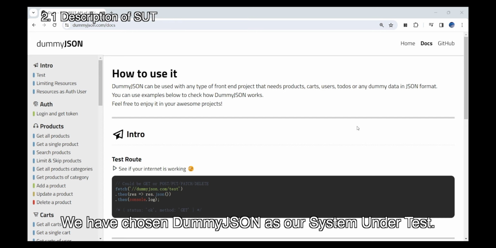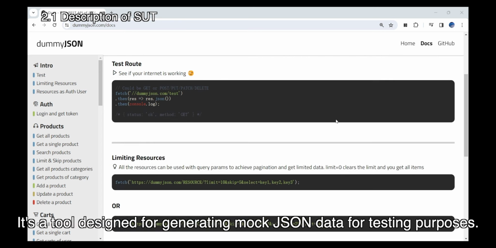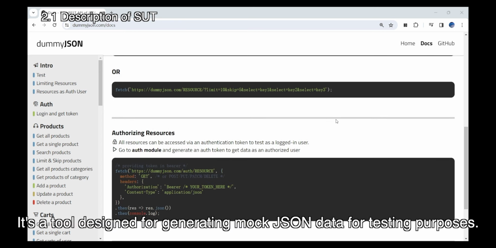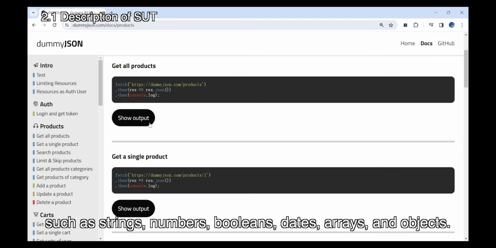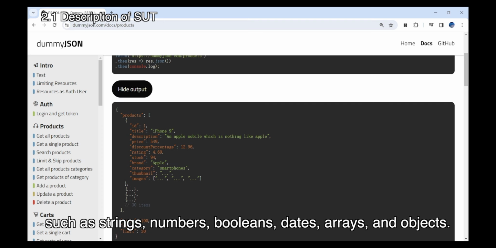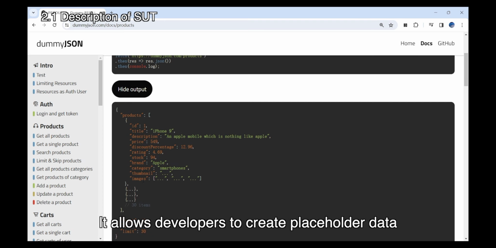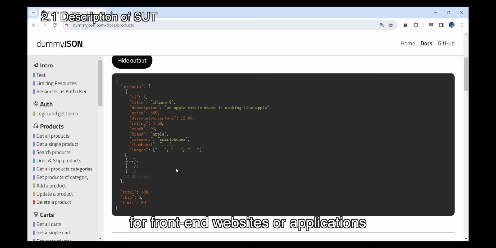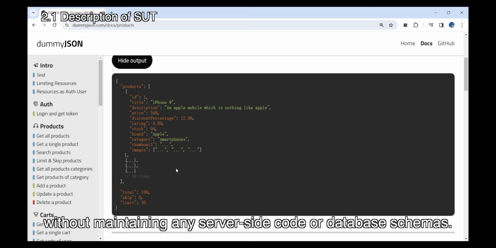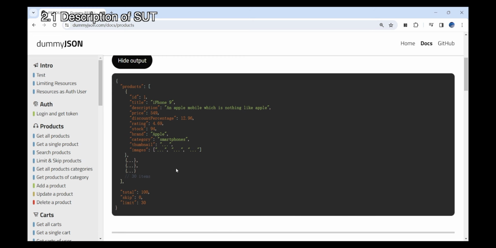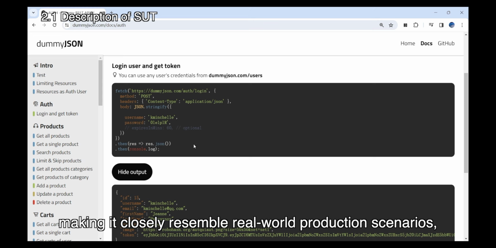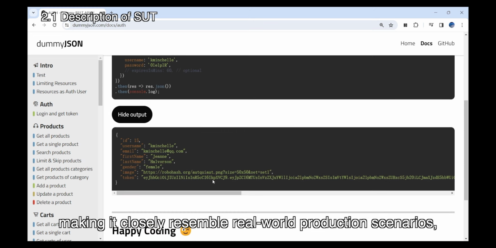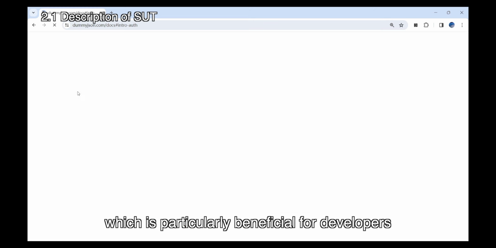We have chosen DummyJSON as our system under test. It's a tool designed for generating mock JSON data for testing purposes. It supports various data types, such as strings, numbers, booleans, dates, arrays, and objects. It allows developers to create placeholder data for front-end websites or applications without maintaining any server-side code or database schemas. Additionally, it offers an authentication mechanism, making it closely resemble real-world production scenarios, which is particularly beneficial for developers needing